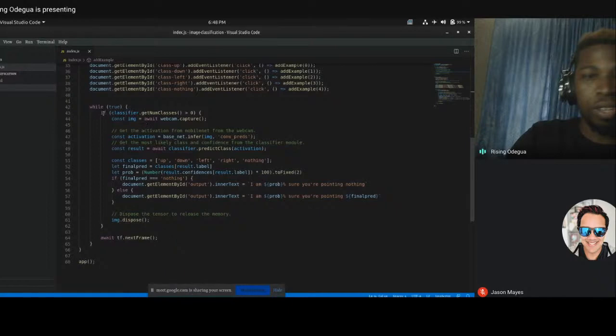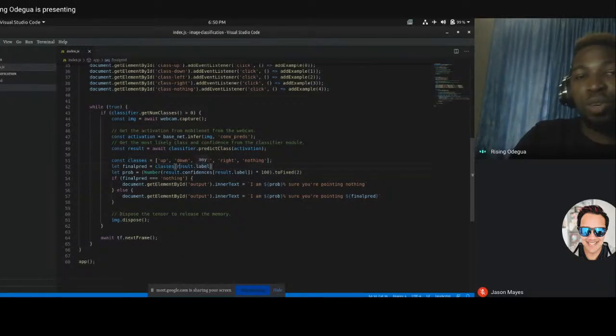What we're basically doing here is, first of all, we check. Maybe for example you just load the page, and this function is going to run. On an empty image, we are first going to check if any class has been added to the classifier. The get num of classes will return how many classes are currently in the classifier. If there is no data, no prediction will be made. But if there is at least one class, it's going to start making predictions from the webcam on the page.